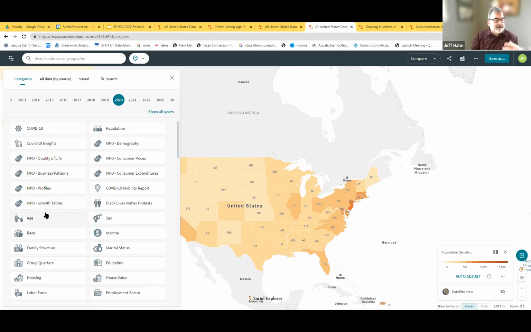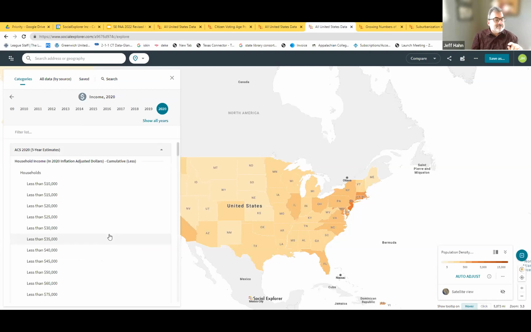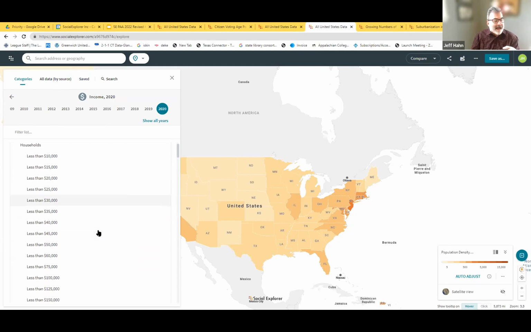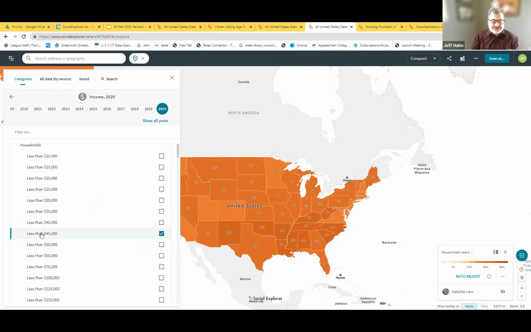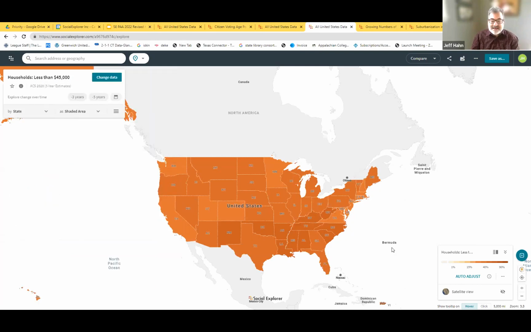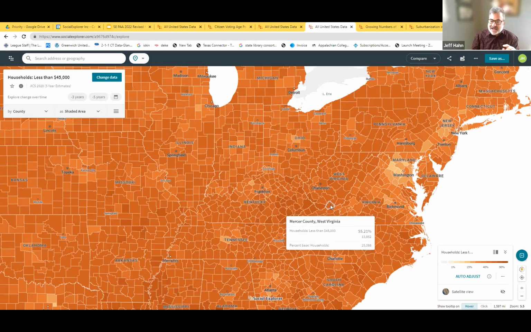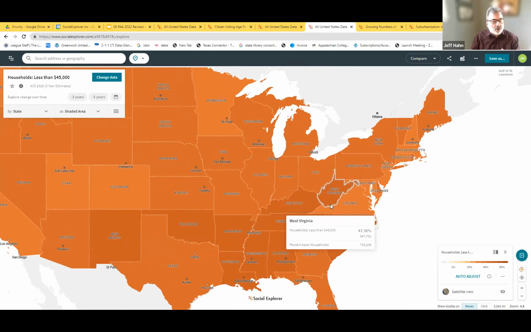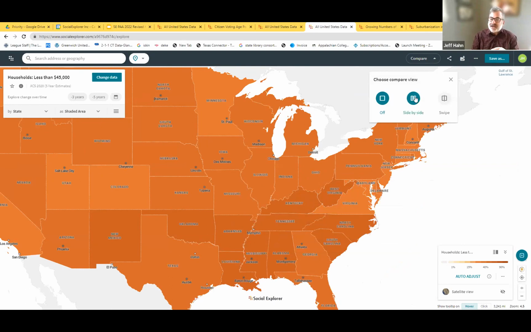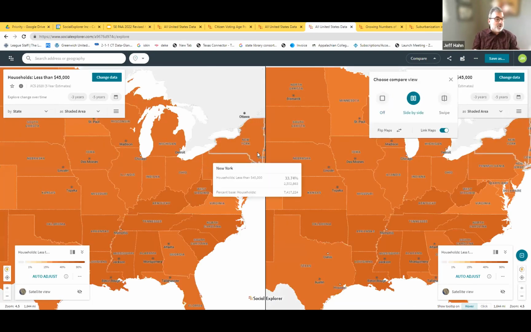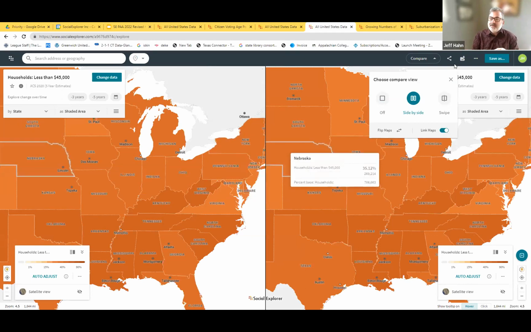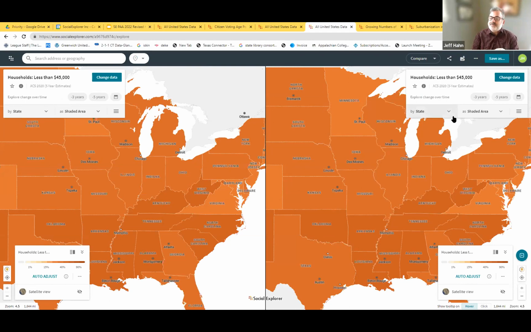So if I wanted to look at income, all of the ACS categories for 2020 are here. If I wanted to look at households that earn less than $45,000 a year, I just click that. And again, I can drill in at various geography levels and see that. But what I can also do is do comparisons. So if I wanted to, I could go here and compare and do a side-by-side map. So here I'm looking at households less than $45,000 a year. And on the right, maybe I want to compare it to